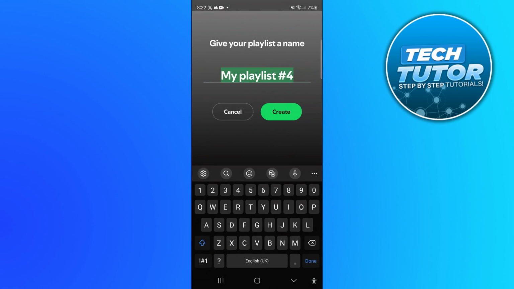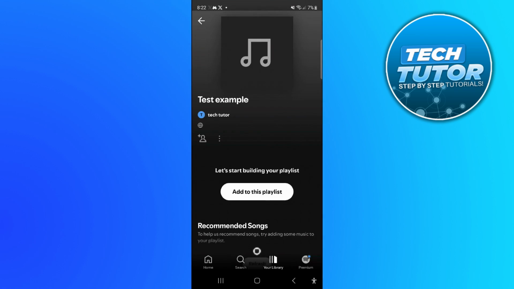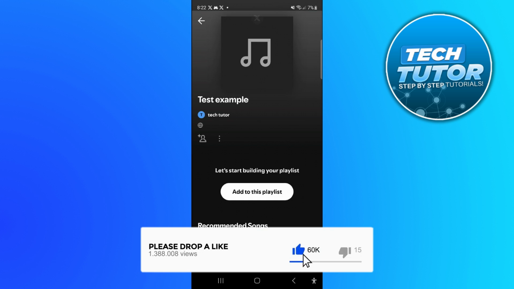At this point, what you can do is give your playlist a name. So I'm going to call this one test example, just like so, and then press the green create button to create your playlist. Once you've done that, you'll be taken into your playlist screen,